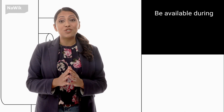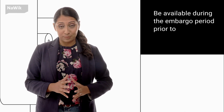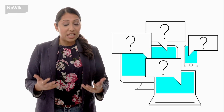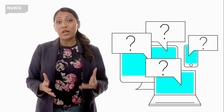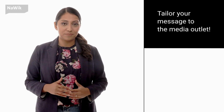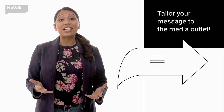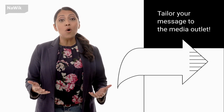If you have a paper in print, be available during the embargo period prior to publication. Respond quickly to inquiries from journalists. Most of the time, they have to meet editorial deadlines. Ask journalists which media outlet they work for and tailor your message accordingly. Clarify whether they just need a quote from you, an expert opinion on a topic, or if they are planning